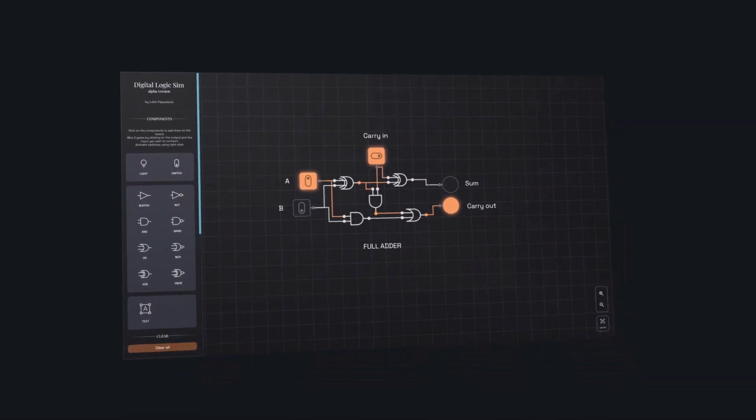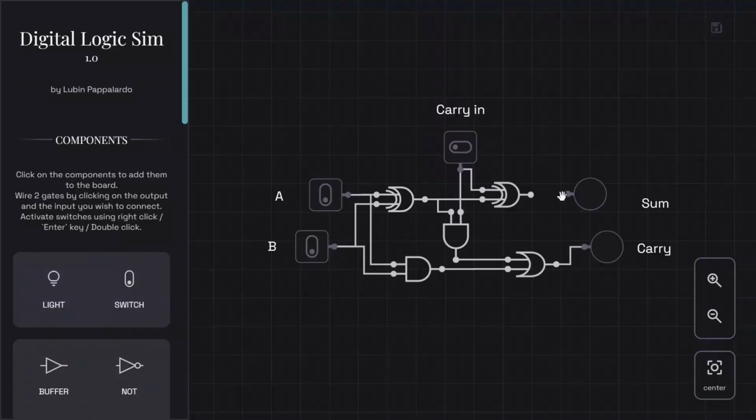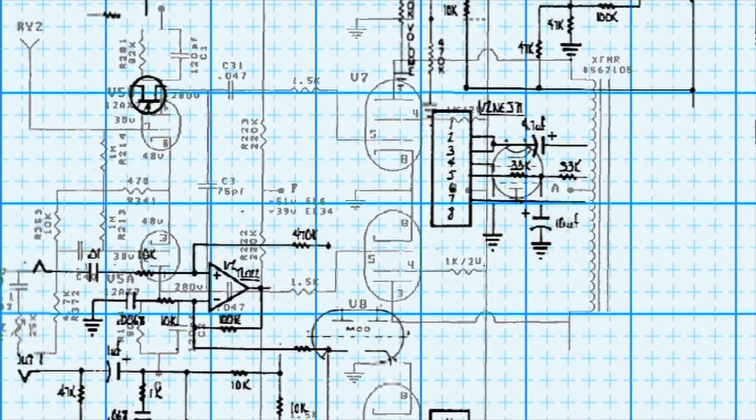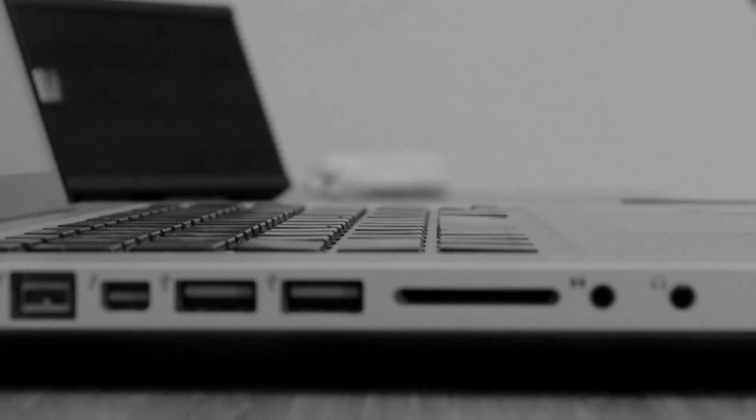Digital Logic Sim is an open source website whose goal is for you to learn and experiment with the logic that makes computers. You can manipulate logic gates and try combinations to create more and more complex components. It may be used for anyone learning electronics, or just curious about how the device you're watching this on functions.